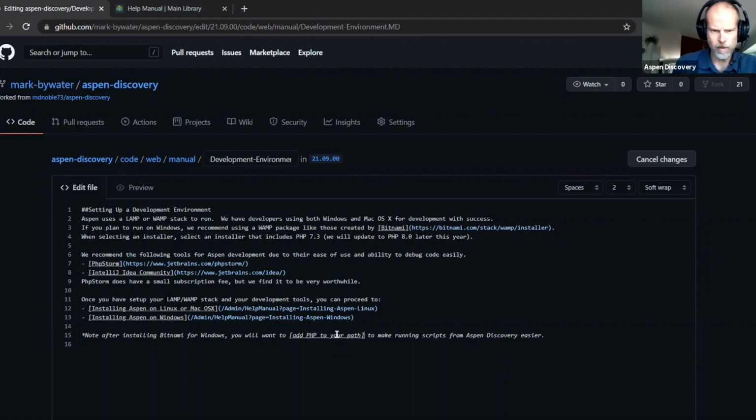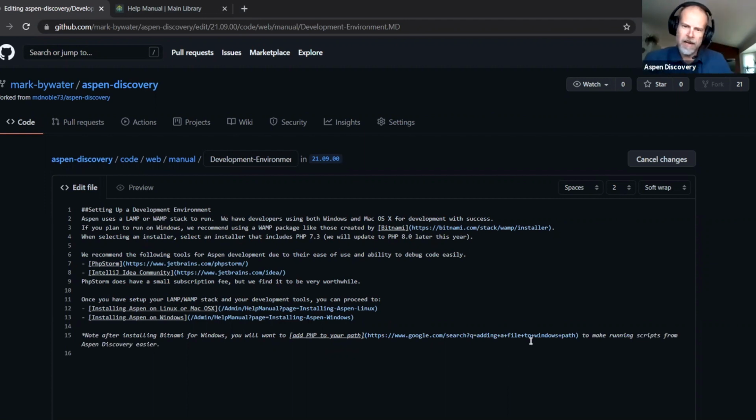Create a link. So we'll put the text that we want to be in brackets, and then the link destination. And instead of promoting any specific resource, I'm just going to do a Google search for how to add a file to the Windows path. If anybody wants to make that better or give actual documentation, that'd be a great edit. So we will do that. And then after,